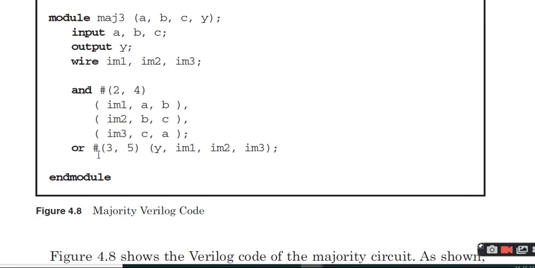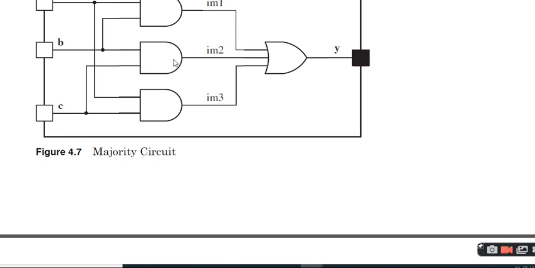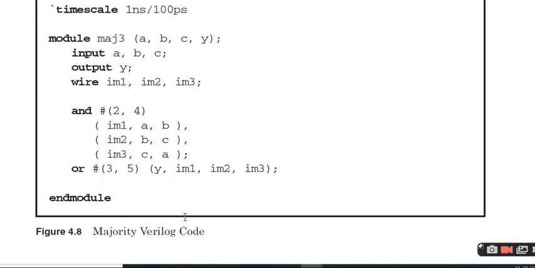So I am calling the OR gate with delay #(3,5), and write Y, and pass IM1, IM2, IM3. This is a program for the majority circuit using primitives. We have used the AND primitive and the OR primitive. This is one example of how to write a Verilog program using built-in primitives, that is, AND gate and OR gate.